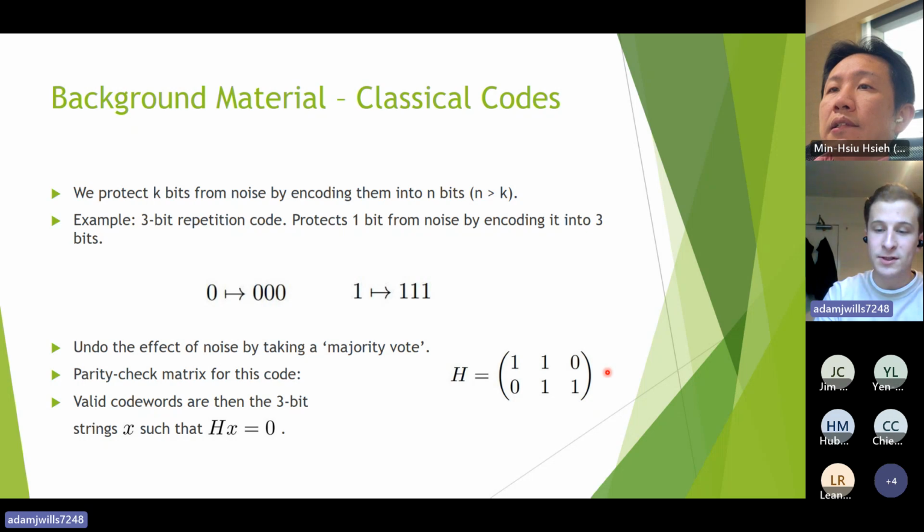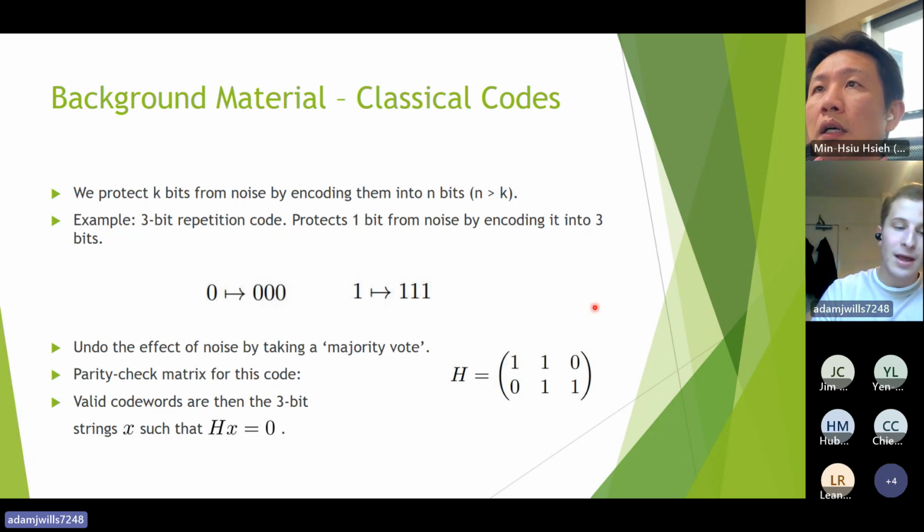So for example, if you put 000 here, trivially, you're going to get the 0 vector coming out. And if you put 111 here, then you'll be able to check that we've got 1 plus 1 is 0 and 1 plus 1 is 0. So these parity check matrices give us the vector space of allowed code words, the code space, being their kernel. These have a certain number of rows, and we call the rows checks.